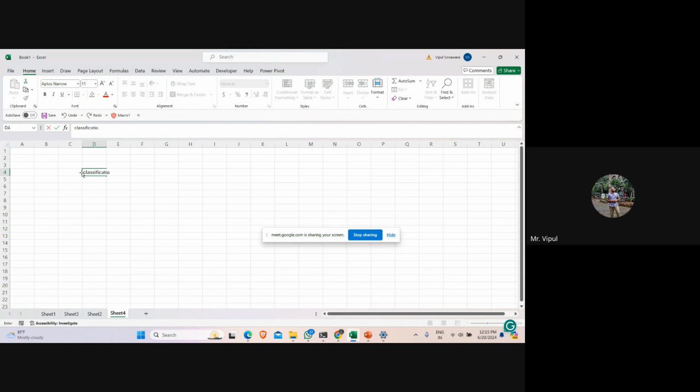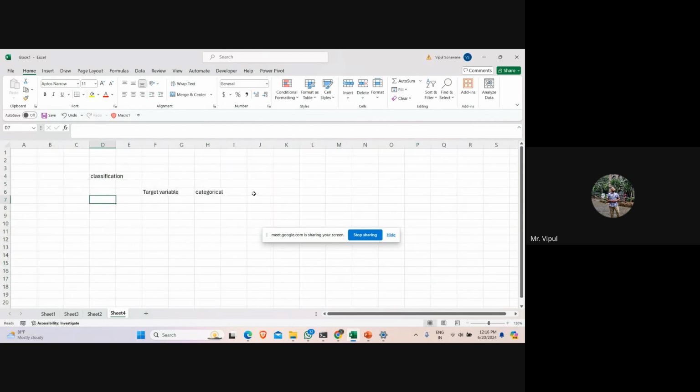When we say our machine learning model is classification, when do we say that? When your target variable is categorical in nature, means it is in the form of categories like